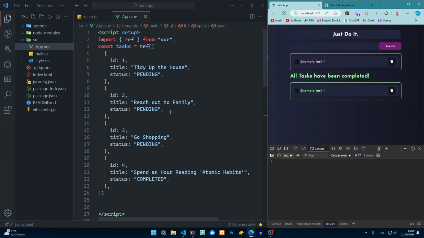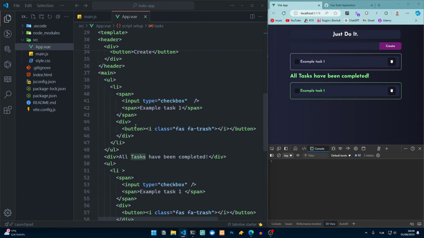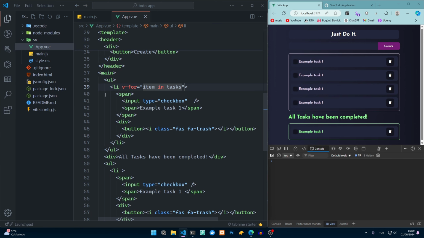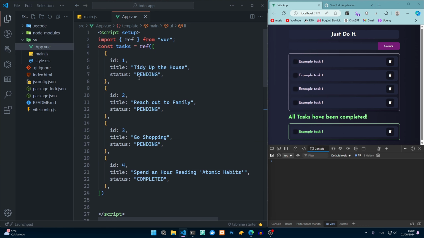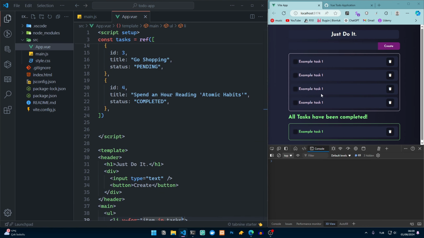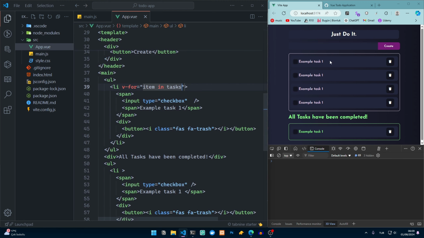For that, we will use the tasks array, of course, and use the v-for directive. item in tasks. Actually, we have 4 items, and that's why it's looped 4 times, but these texts